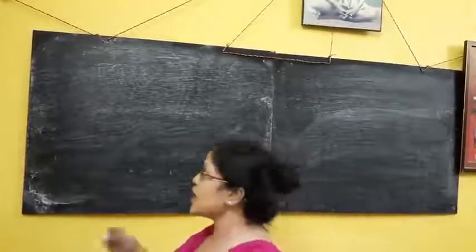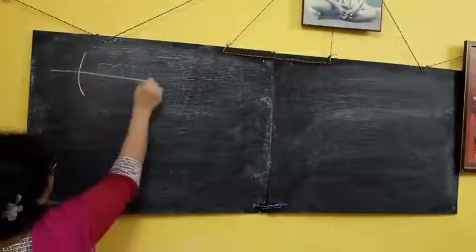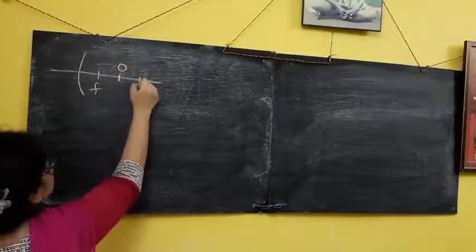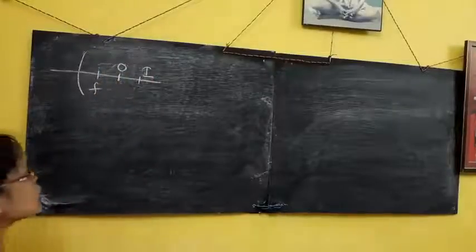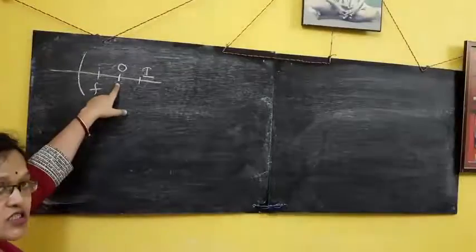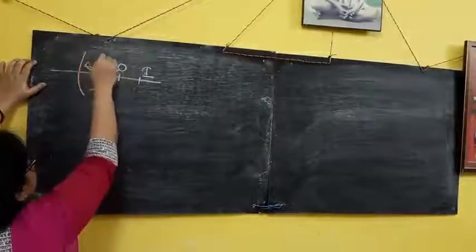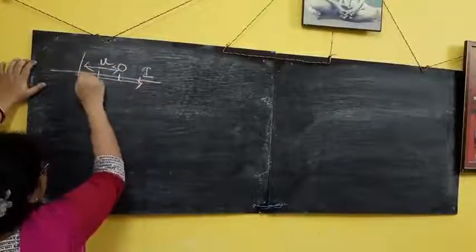that. Again I am telling, if this is the mirror, so this is the focal length, and this one suppose is the object and this one suppose is the image. So what is my purpose? Previously, from the pole up to the object I was counting as u. Clear? I am not differentiating that. So this is u and v is from the pole to the image, that is v.